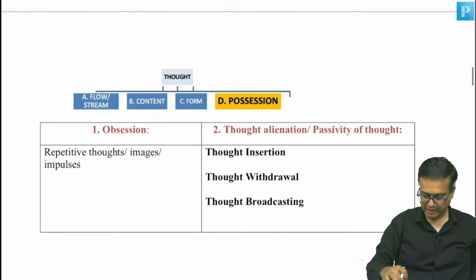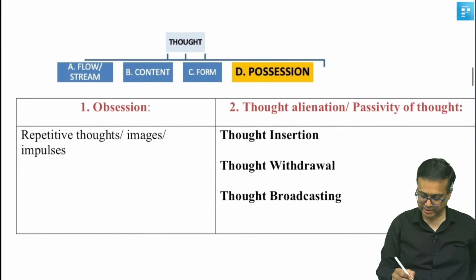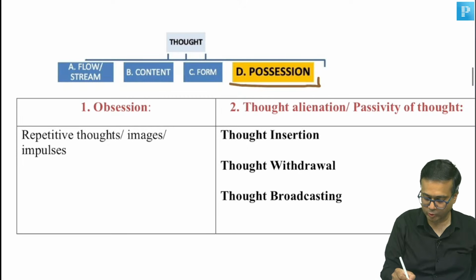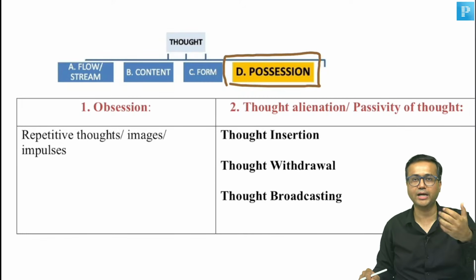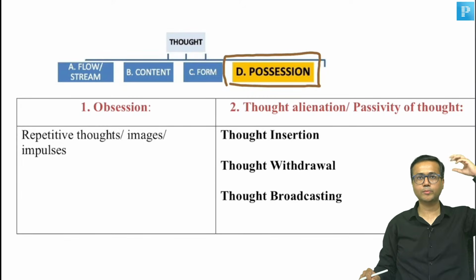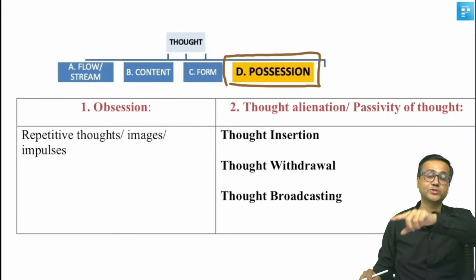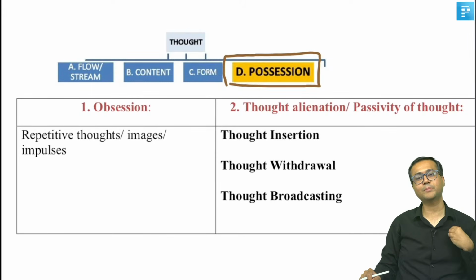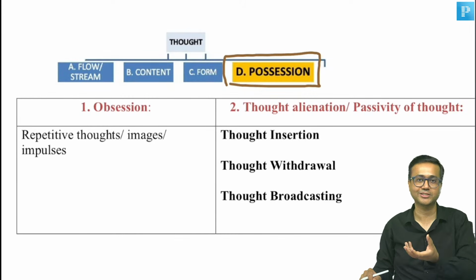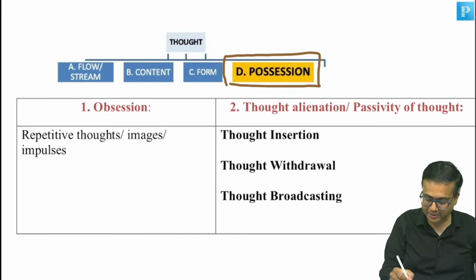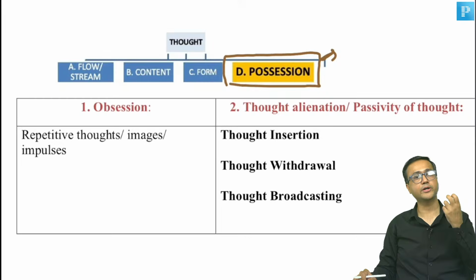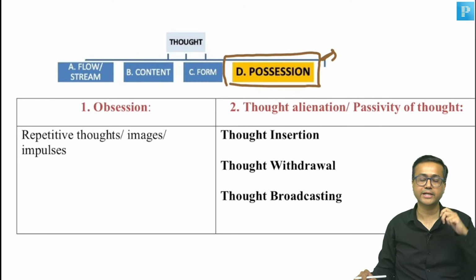Now it is clear. Right. Let's now complete this topic, beta. Let's discuss the fourth domain of thought, that is possession. But what do you mean by possession? Suppose if I ask you, the thoughts in your mind are your thoughts or your neighbor's thoughts? You'll say, of course, sir, these are my thoughts. I possess my thoughts. But sometimes a person may say, no, sir, these are not my thoughts. So possession means either the person is not able to control his thoughts or he has lost that